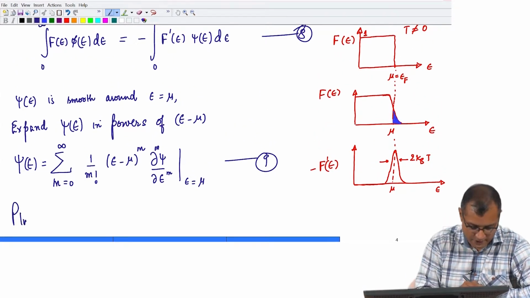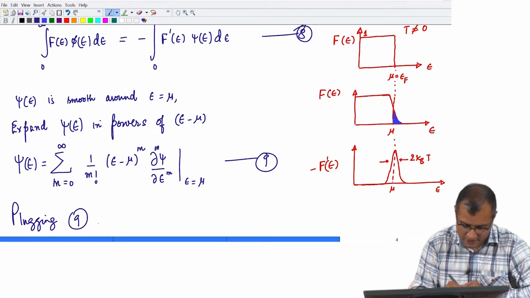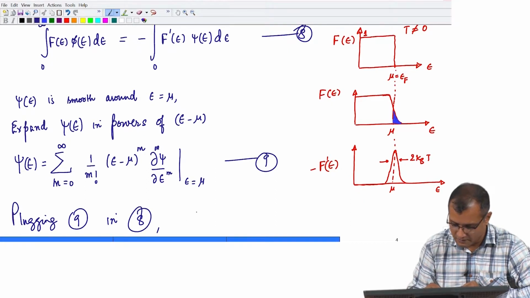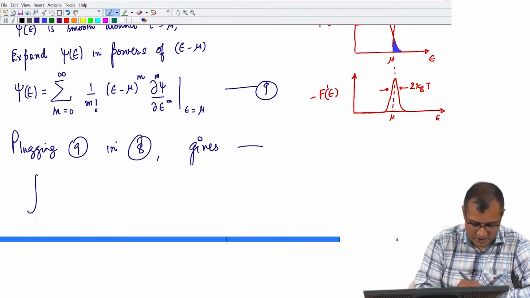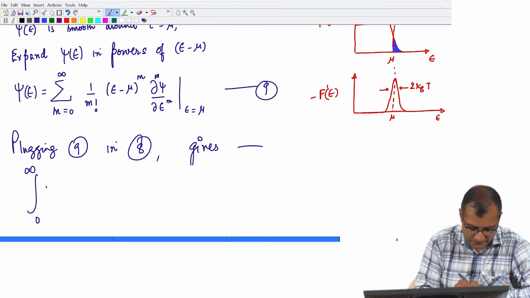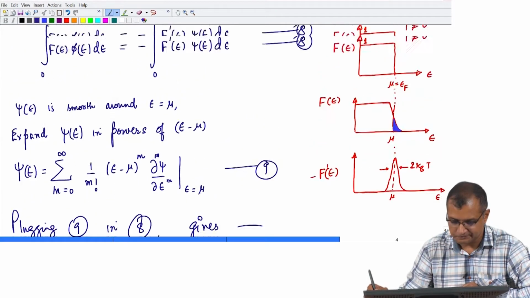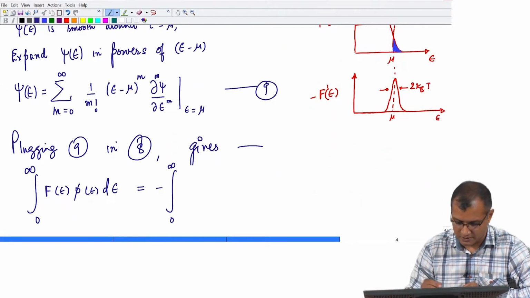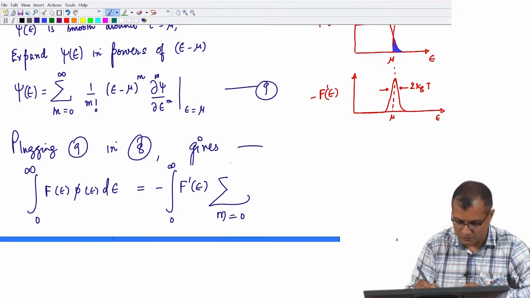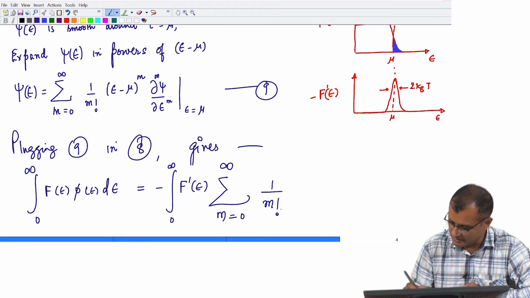So, you can see that plugging 9 in equation 8 gives us the integral that we are chasing, 0 to infinity f of E into phi of E, as the negative of the integral 0 to infinity f prime E into the summation m going from 0 to infinity 1 upon m factorial E minus mu to the power m,